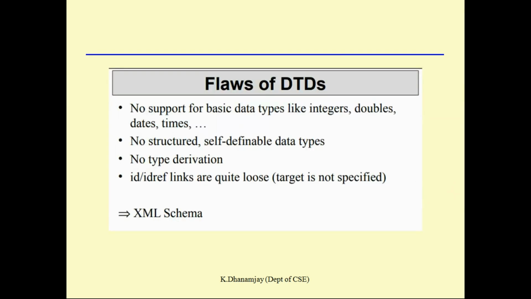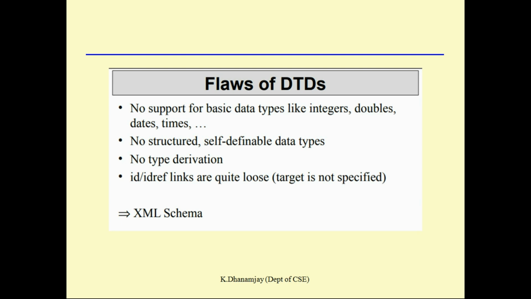Now let's see the flaws of document type definitions or document type declarations. We can also call them limitations or problems in document type definition. We have already had some experience with document type definition. DTDs were created long before the creation of XML. The basic purpose of DTDs was to define languages based on SGML, that is Standard Generalized Markup Language, which is considered to be the parent of XML. Although DTD is well accepted and used very frequently, it has several limitations, some of which are as follows.